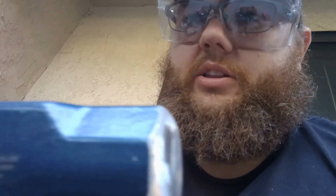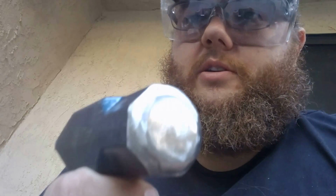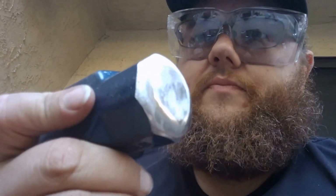A lot of the ones I was looking at online with blacksmith hammers as well, I was going to have to probably put a new handle on them, and that's a lot of time. I'm pretty strapped for time, and I have to go out and find the wood stock, and I don't have a lot of great woodworking tools. So this is my solution, at least for now, for a starting blacksmith hammer. It's just a Home Depot Taiwanese